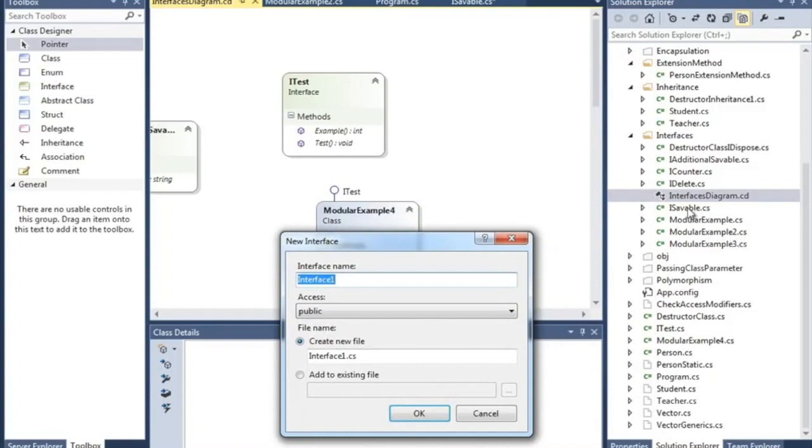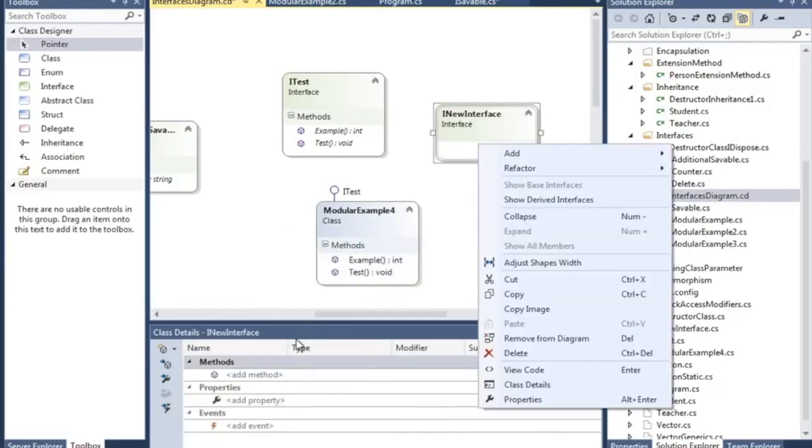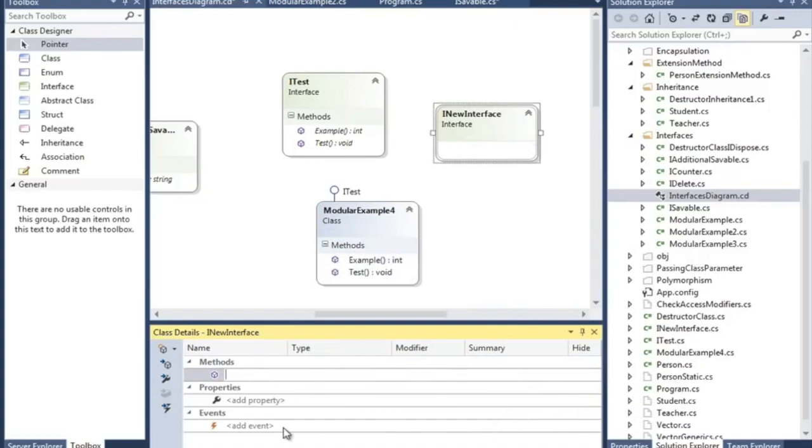Rather than writing it into iSaveable, you write a new interface, and interfaces start with a capital I. That's the C# convention. Let's say a new interface.